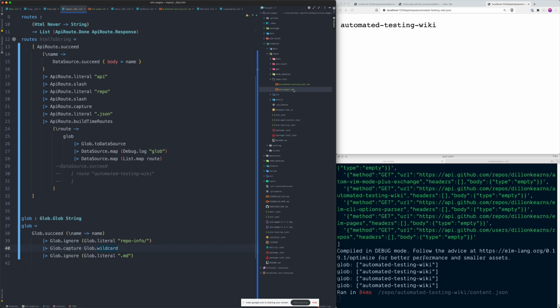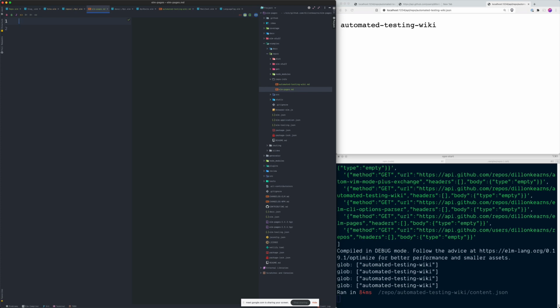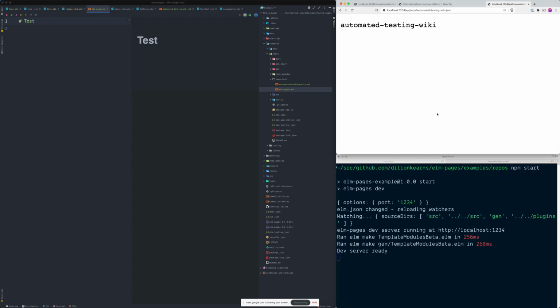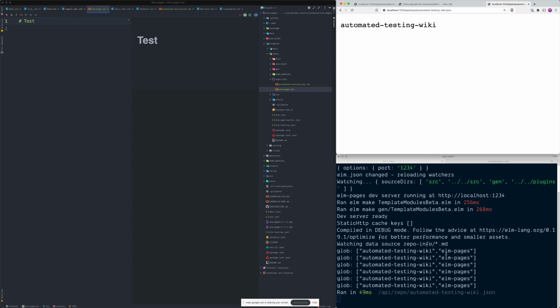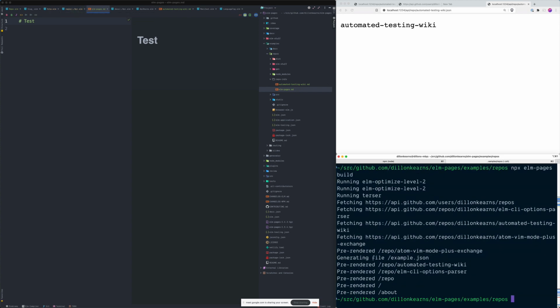Why is it not finding elm-pages.md? Repo info. I'm not sure why it's not. Let me restart the dev server and see if that... Okay. I think I need to clear that cache. But maybe I'm not doing that for API routes. So anyway, this is